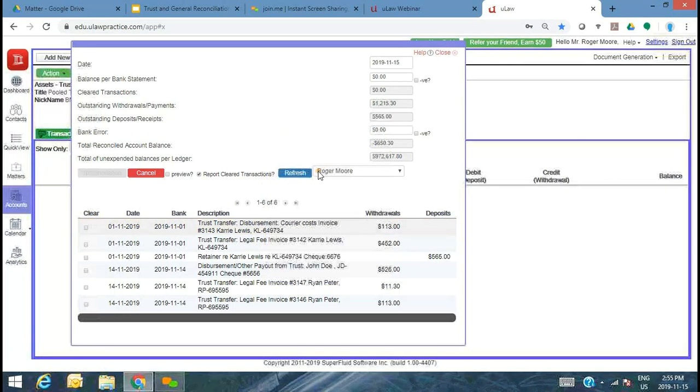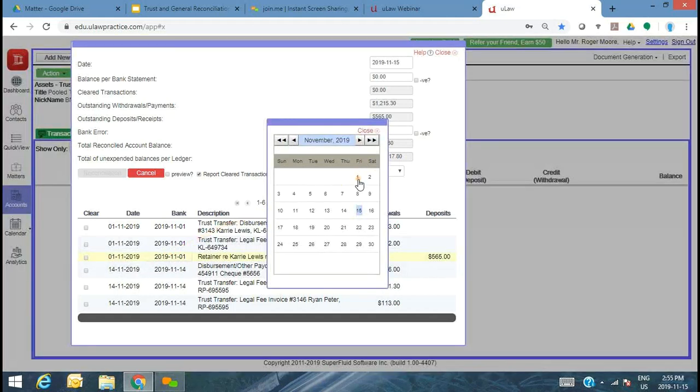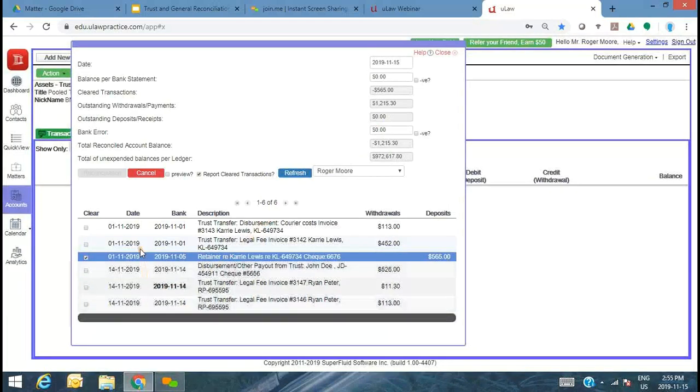Okay, so let's take the example of there's a retainer. Now as soon as you received it on the 1st of November, you may have entered it into the system, and that's why this first date here is the date of the accounting system. Maybe when you deposited on Friday, it did not reflect in your bank, and let's say you open up your TD trust account, it says the 5th. Very important that you now match the date of your accounting system with the date that's actually in the